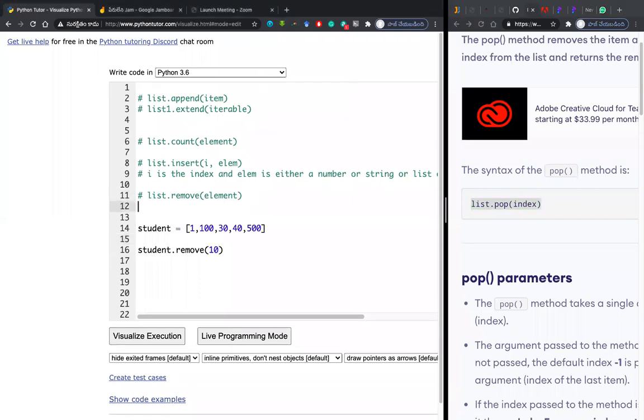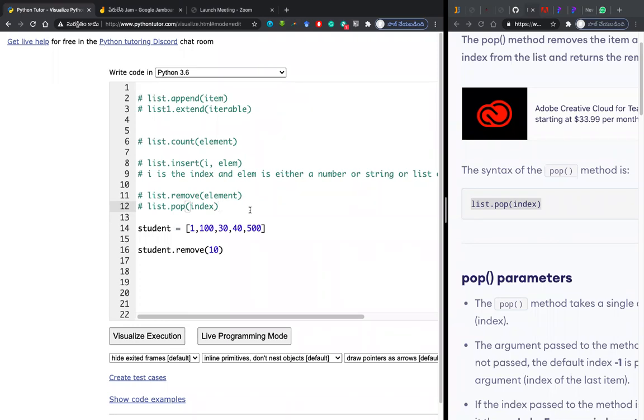You see, what is the difference between them? I'll just paste it here. You can look into this and tell me what is the difference between this pop and remove. Both do the same thing of eliminating some element from a list. But what is the difference between them? The pop is asking the index number. Yes, pop is asking the index number.